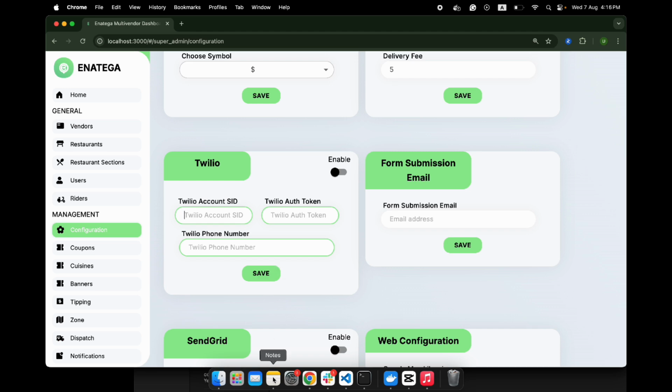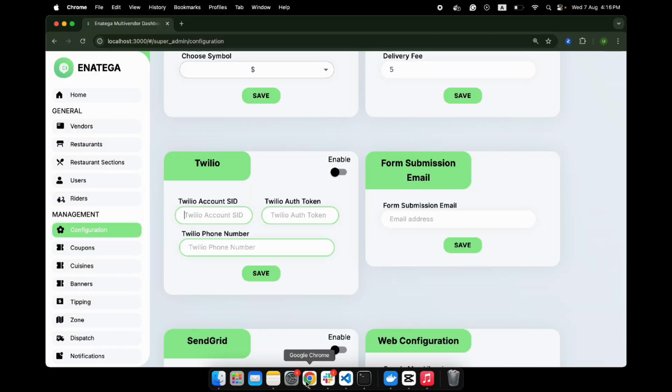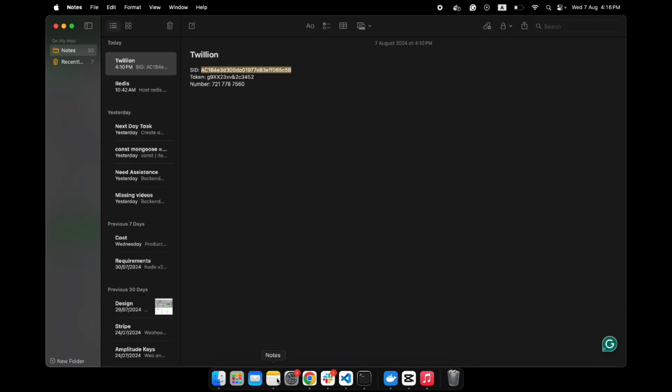So let's just go back to the notepad where I've saved all the credentials. Just copy one by one. These are the W ones, but you have to use the original ones for production. Let's go back and paste the Twilio account SID. Let's go back again and copy the token